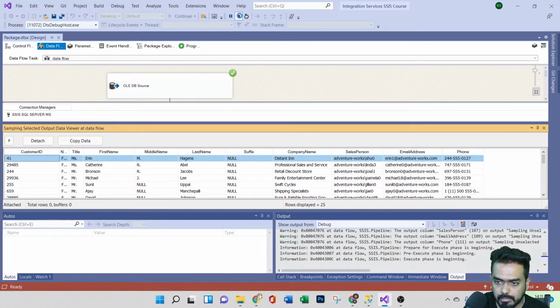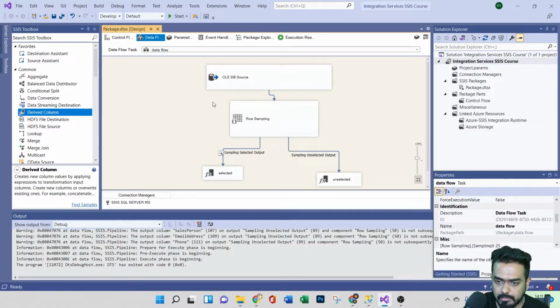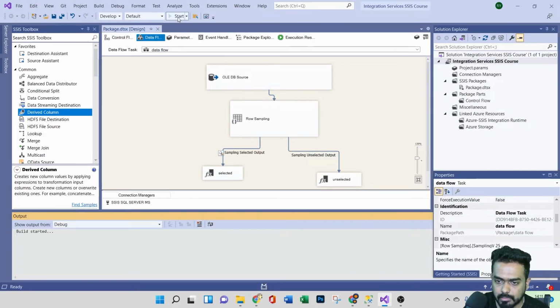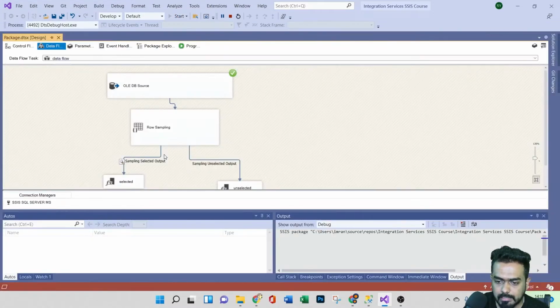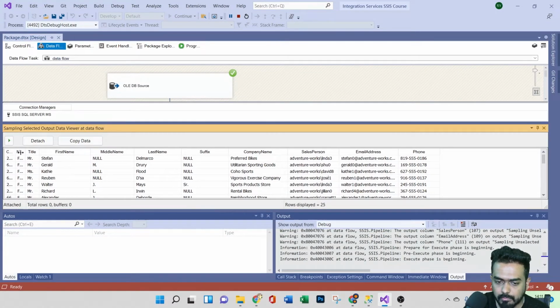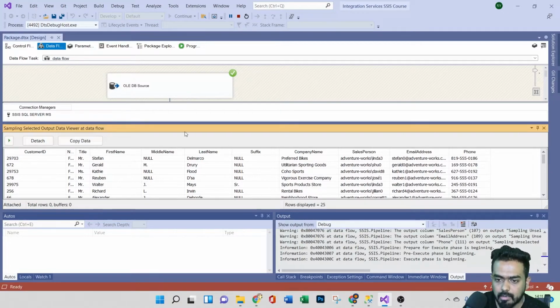If I stop it and try to run it once again, initially we had 41. If I run once again, you can see it's selecting randomly. Right now we don't have 41, we have some other customer IDs. To have the same data every time,